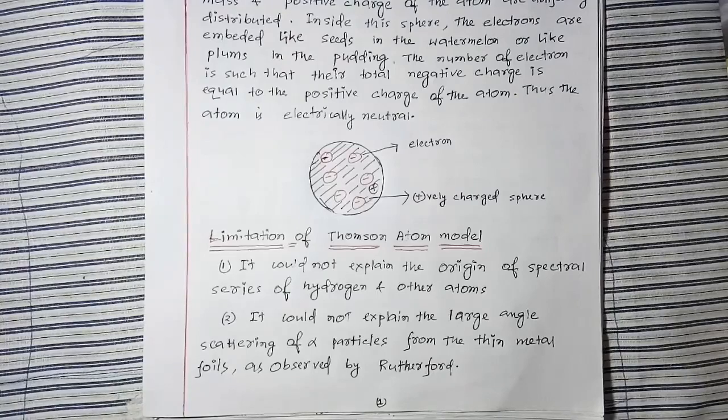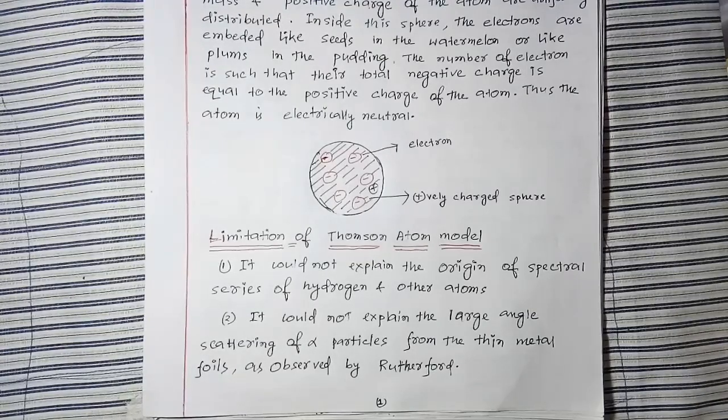Whenever we go for the next atomic model, we will find that whenever the electrons inside the atom move from higher orbits to lower orbits, that concept will be clear later on, but let me tell you for the time being. Whenever the electrons inside the atom move from a higher orbit to a lower orbit, they emit some kind of radiations.